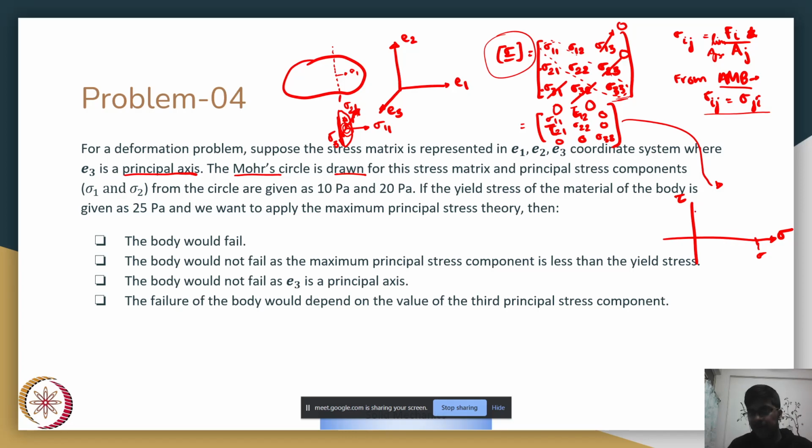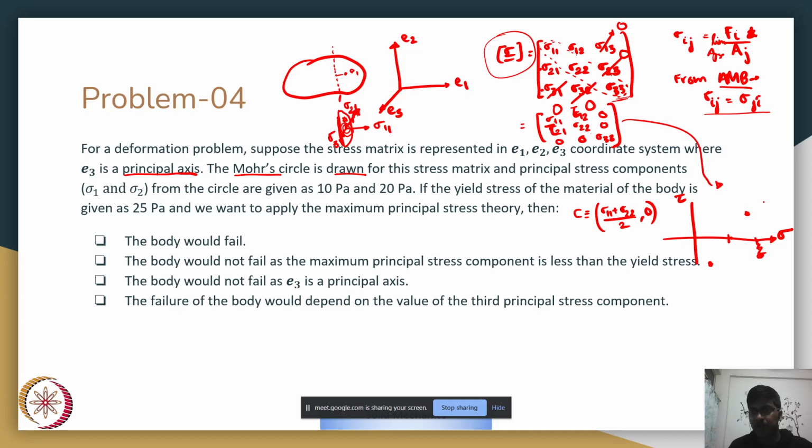So we basically locate these points, sigma 1 1, tau 2 1 on this plane, and sigma 2 2, tau 1 2 on this plane. So one point might be here, another point might be here. And the center of the circle, we know it is the average of the two normal stresses. So the center point is equal to sigma 1 1 plus sigma 2 2 by 2 comma 0. So we know the center point, and